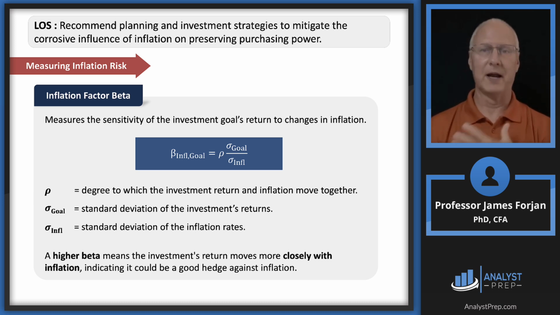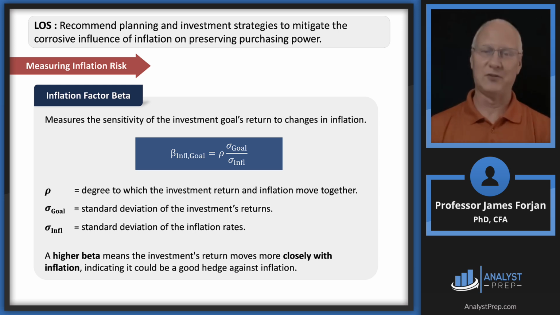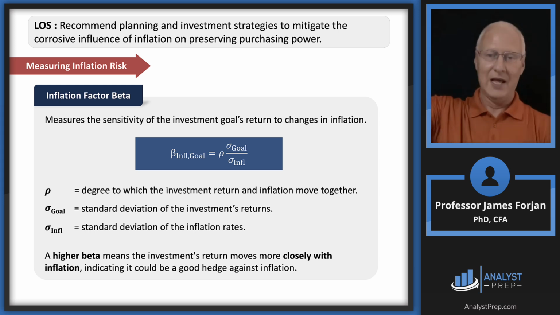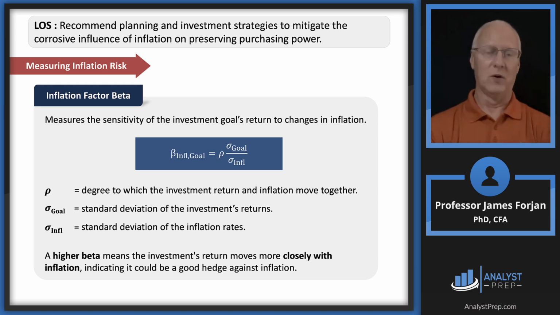So, think about it. During the last couple of decades, inflation was, let's say, 2%, and then 2%, and then 2.1%, and then 1.9%, and then 2.2%. What's the standard deviation? It's got to be super, super low when you have those. But then all of a sudden, let's go after COVID, and we have 5% and 7%, and then 9%, and then 8%, and then 6%. So now we have a much higher standard deviation of inflation rates.